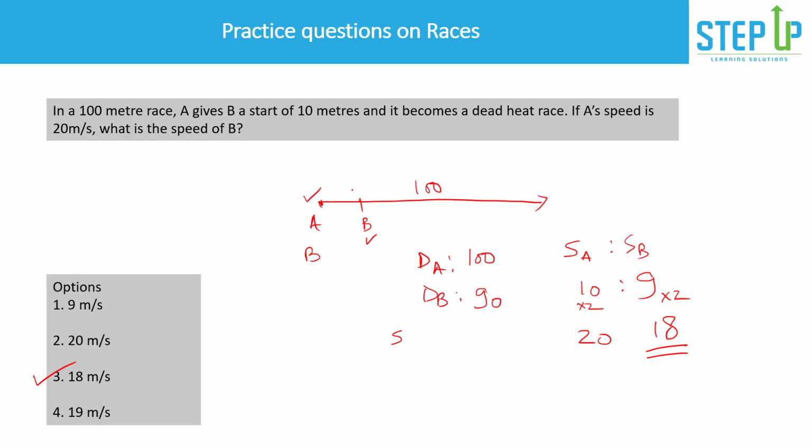So extremely simple. So now we are confident with the concept of races, and we have also attempted a few questions. Before we close this video, we'll quickly take a look at this concept of average speed. This is extremely easy. Now, I have already told you in the first video that speed is what? Speed is nothing but distance upon time. So in this case, extending the same logic, your average speed formula is also total distance upon